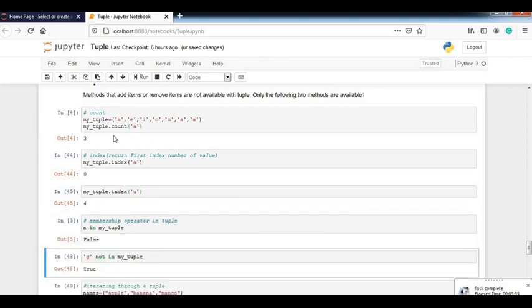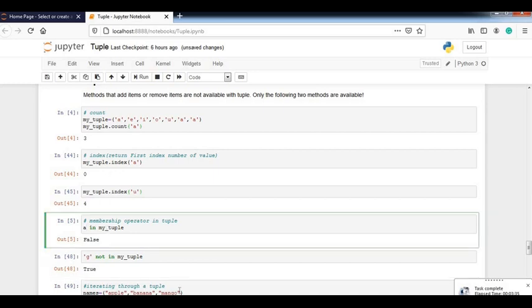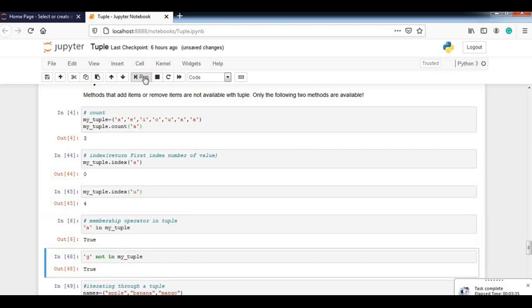Why? We have written these in single quotes, so to match, we have to write a single quote here, then it will print true. And if I try Z not in my tuple, as it is the opposite of in, Z is not present here, that means it will result in true.